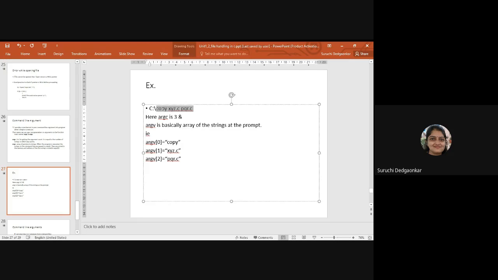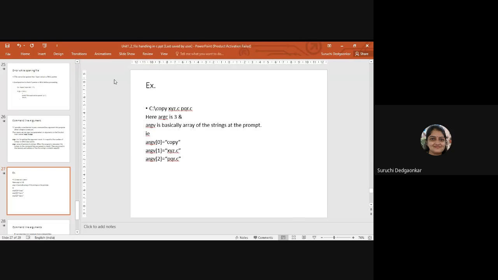How to call from the command line, that is clear. Instead of just executing the simple file without parameters, now what I am doing, I am passing the parameters to it. These are the parameters I passed. So the first parameter by default is the name of the executable file, and other parameters can be whatever number of parameters you want afterwards. So ARGC will be decided based on how many parameters you are passing, and ARGV is the actual value of the strings. So whatever value you are passing, that will be considered as a string.